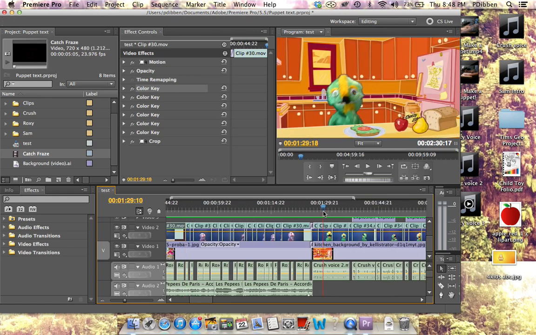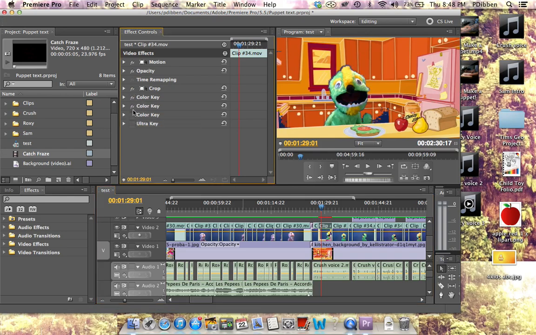I have to say, Crush and Roxy were the hardest to key out, especially Crush, as he was a green puppet. So again, Crush used a combination of Ultra Key and Color Key. Ultra Key is good for a whole range of keying. It's a bit more superior for getting rid of a whole background and making it cleaner looking, so you can soften the edge of the keying on the puppet,